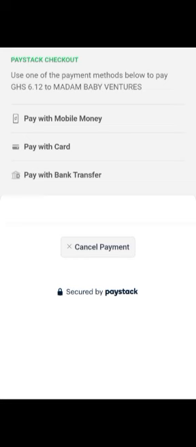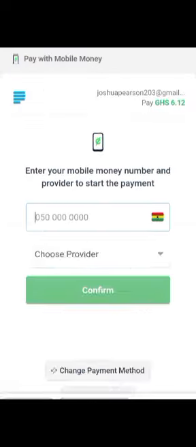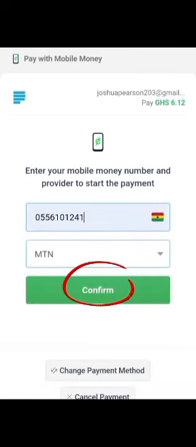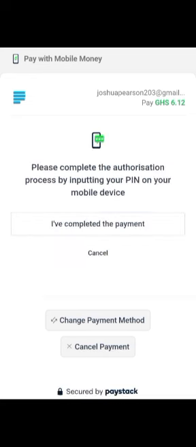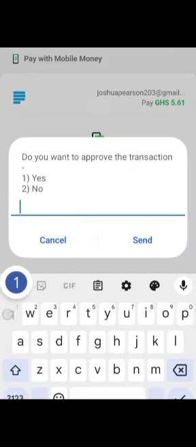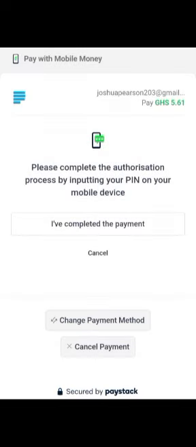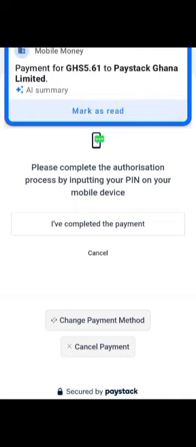Then I select pay with mobile money. I enter the Momo number, then I click on confirm. This should bring up a Momo prompt. After completing the Momo prompt, you wait for a few seconds. If the page doesn't redirect